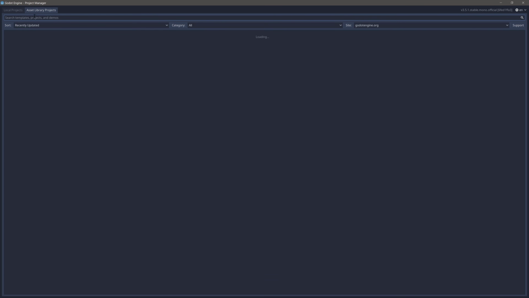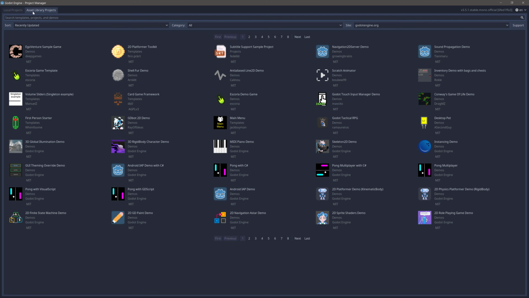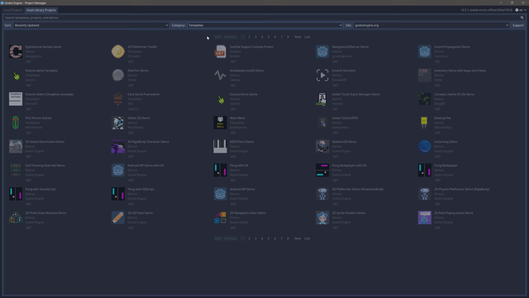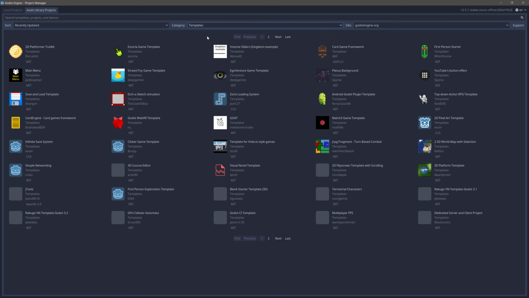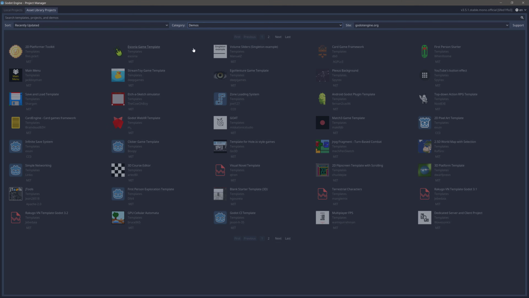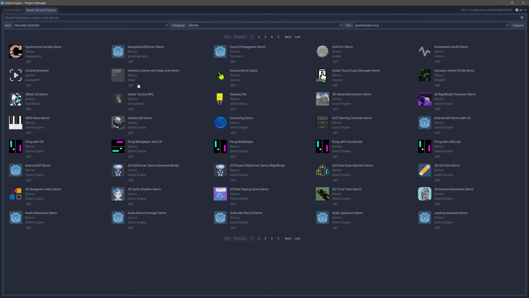Also, another option you have when you first load up Godot, you will find there's the asset library projects. There are a ton of different options in here, demos to get you up and going. You'll notice under categories, you can filter down to templates to build certain kinds of games, to get you started with those things. So for example, if I was creating a WebXR game, I could start with that template right there. We've got some demos that you could actually start with there and modify these existing demos, or you have